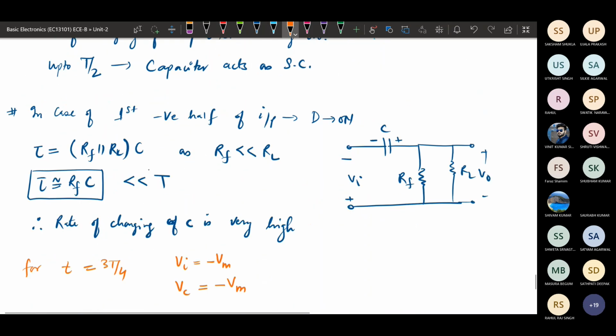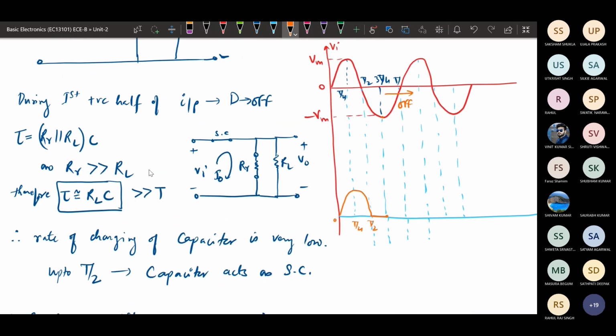So if it is open circuit, whatever input we are applying, the similar will be appearing across the output. If we are increasing the input, the same output voltage will be increasing. Now beyond this, the output will be this way up to T. Beyond T, now we are increasing in positive half, so the output voltage will be this value plus Vm extra because the capacitor has charged.